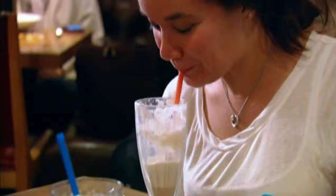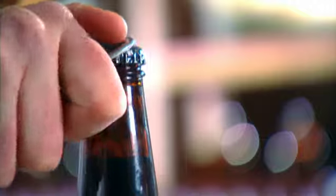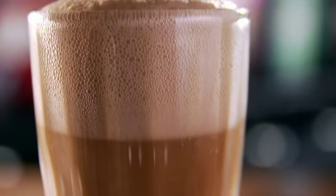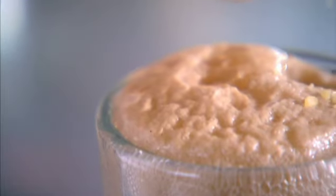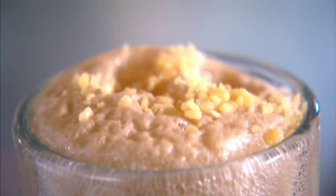If you're feeling a little more traditional but still fun around the edges, you could get the brown cow float. It's vanilla ice cream and a whipped cream flavored vodka and root beer, and we finish it off with a sprinkling of popping candy. I don't think I can make a popping candy sound. I'll leave that to the Lee brothers. Not that much noise, but...